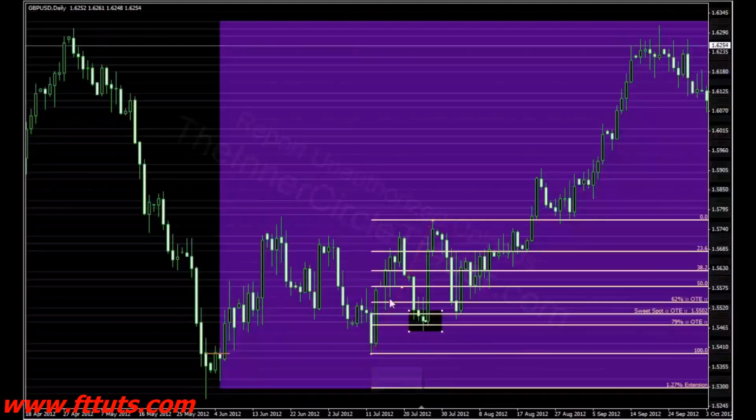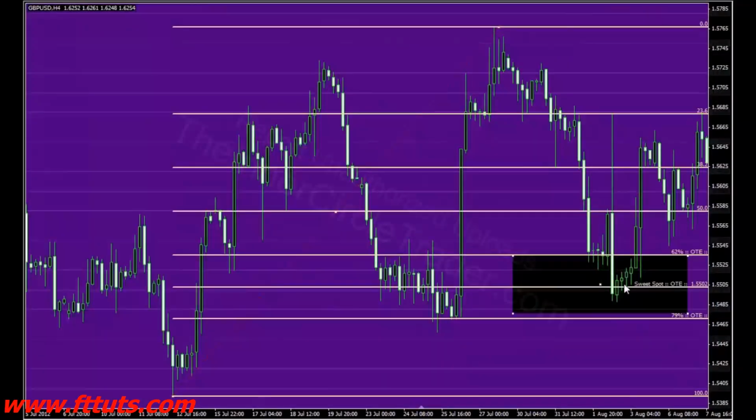Okay, so you can see the low to that high. Here is the swing down into that sweet spot. So we can actually take that and put that here. Okay, and it's mapped out where the optimal trade entry is going to be. And now if we go down to the 4 hour, you can see how price comes right down to that point. Now if you see what I'm talking about, if you're using this low to this high, this might have spooked you, okay? But you've mapped out your trade idea from the higher time frame daily down to your 4 hour, which is your middle level for swing trading, and then down to the 1 hour,